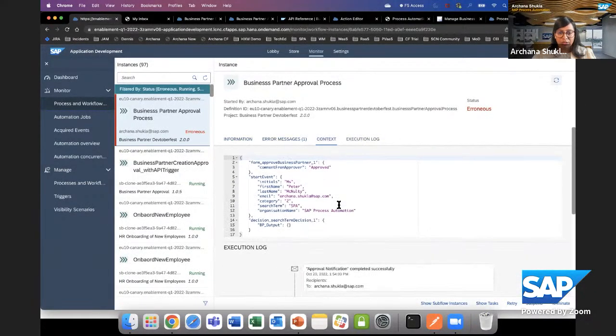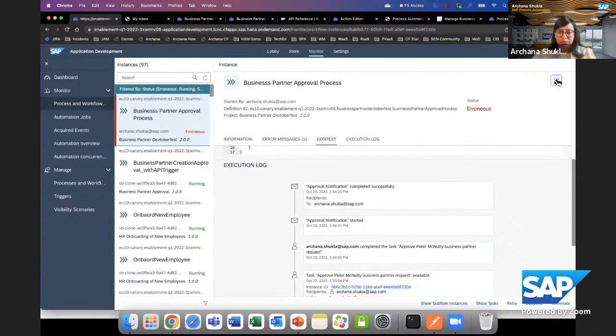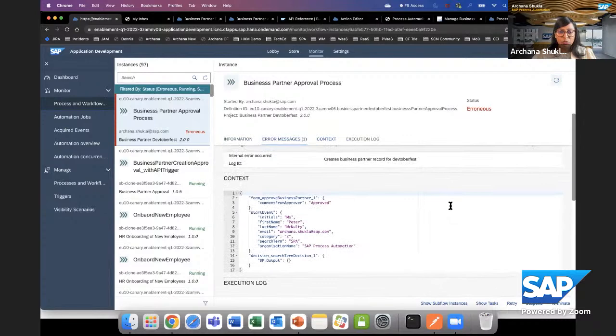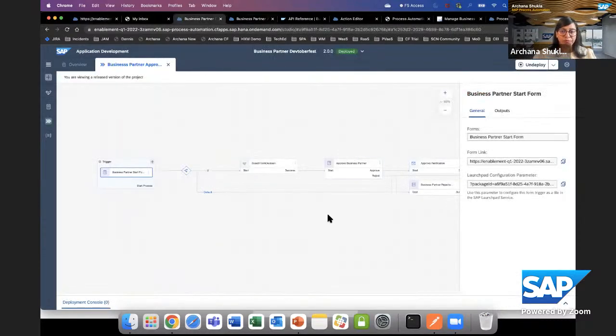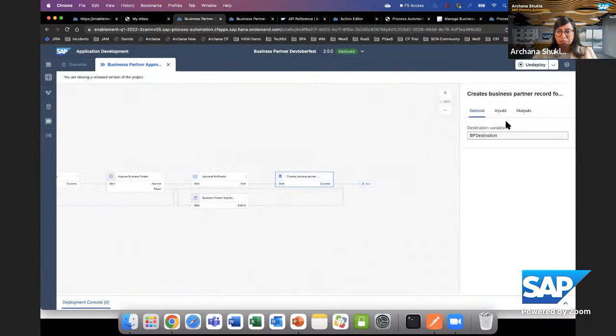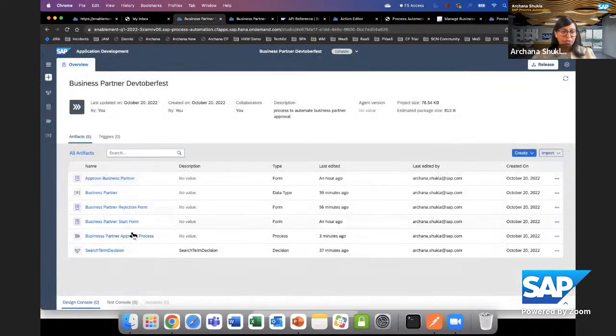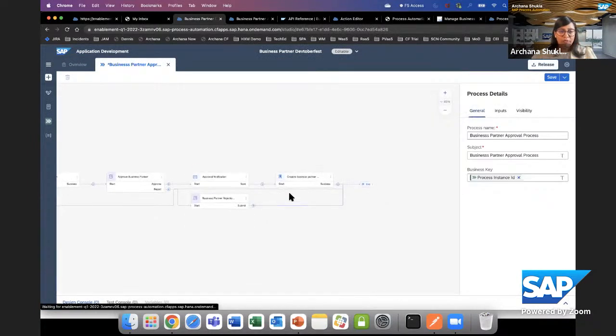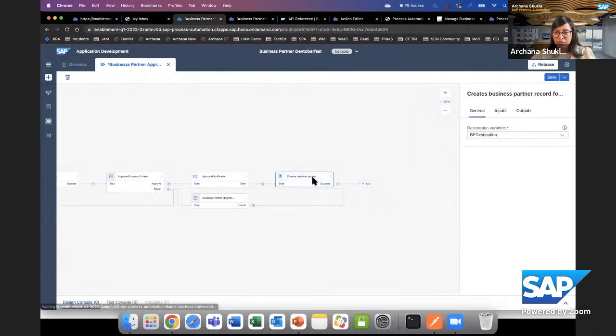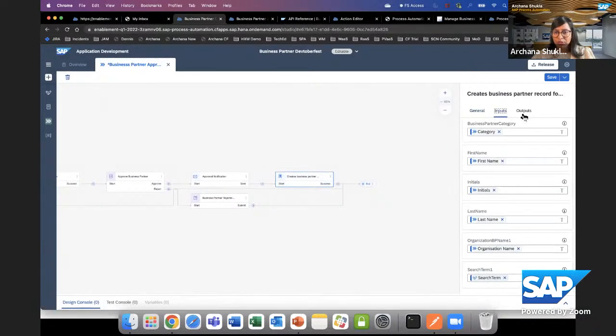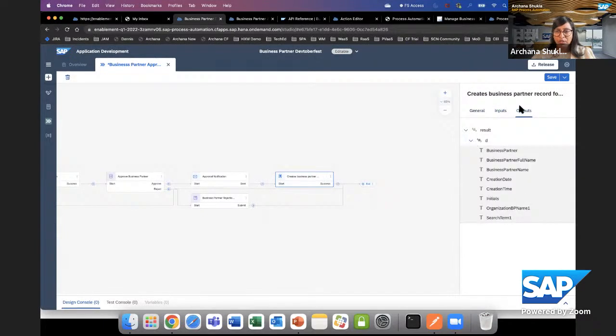Okay, there is some error with the automation itself. Okay, it could be because I have not completed all the inputs. Okay, it's here, all the inputs are shown. Okay, this is saved. Let me try and add